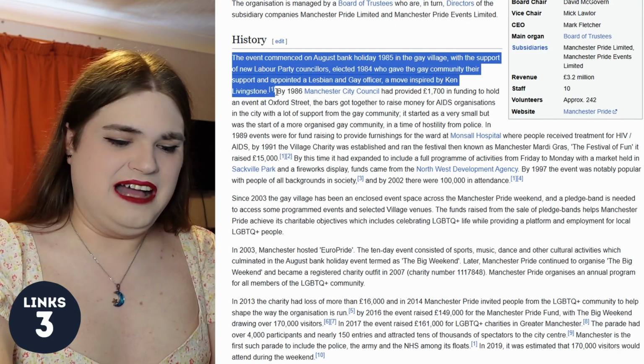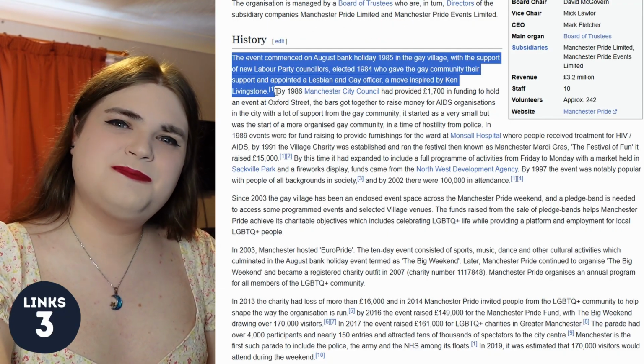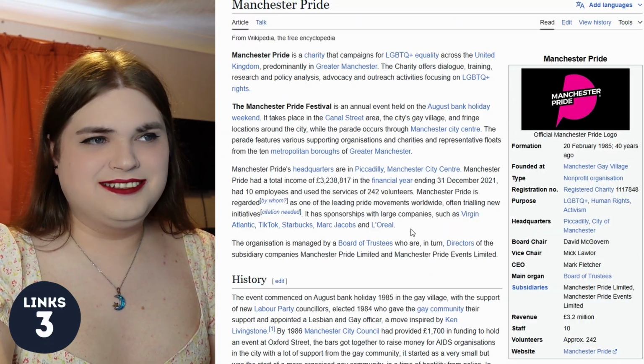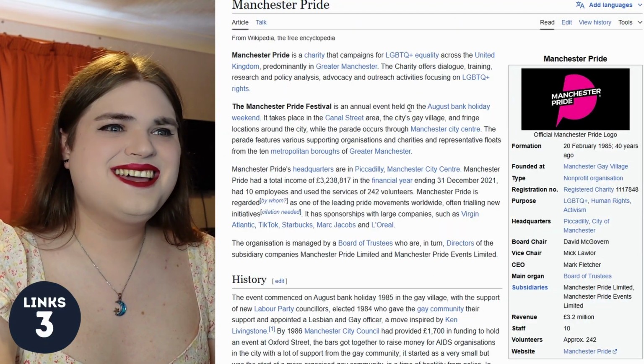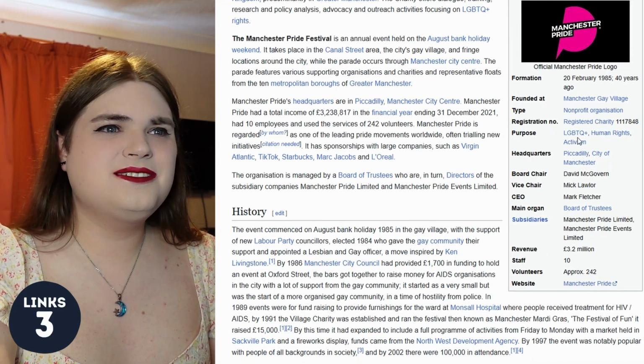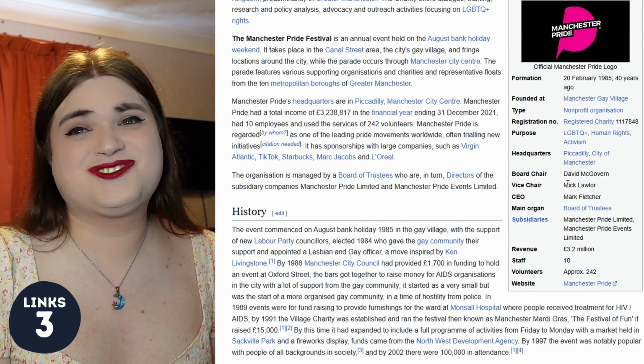Remember when Labour would actually support gay and trans people? Wow, couldn't be the Labour government right now. Well, this is also a dead end. Maybe Gay Village, maybe going through there. Maybe I can get to, I mean, LGBTQ, if I can get to Drag Race.